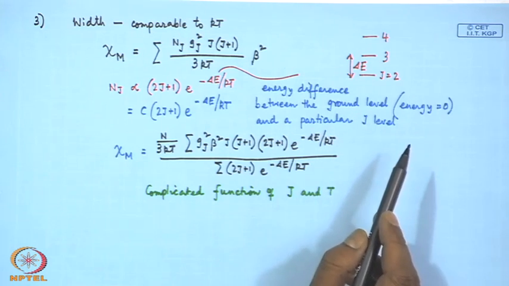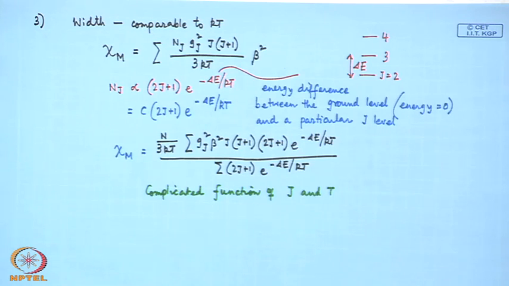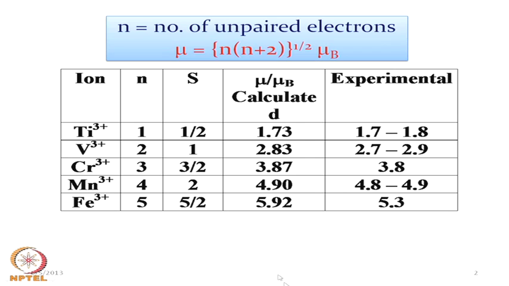So, as a result, if we apply the different terms for these different values, what we have seen for titanium, vanadium, chromium, manganese up to copper 2 plus, is what we can calculate in terms of the corresponding values with respect to the S value. Now, let us take the example of not only the S value, but also the L value. So, if we consider the corresponding L values at the same time,